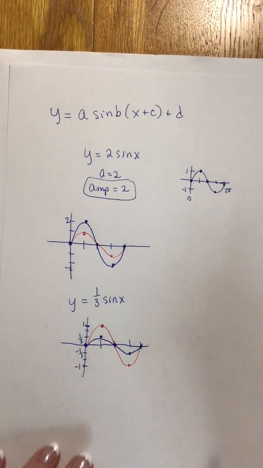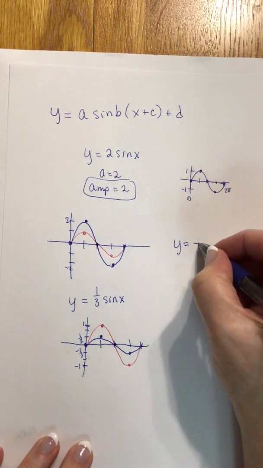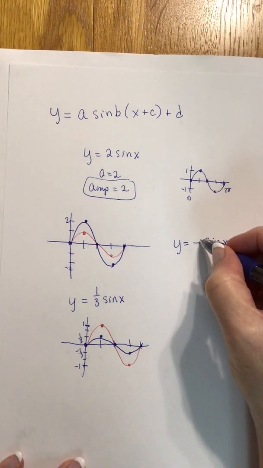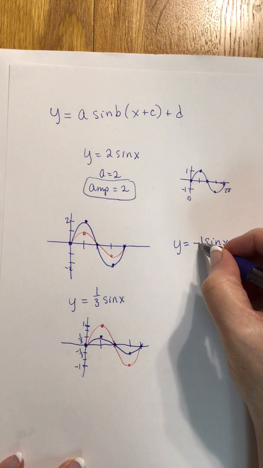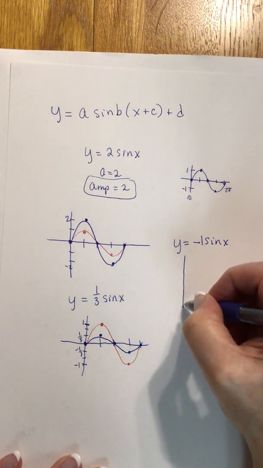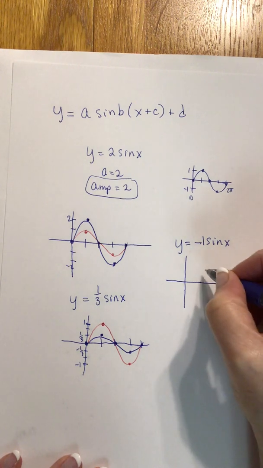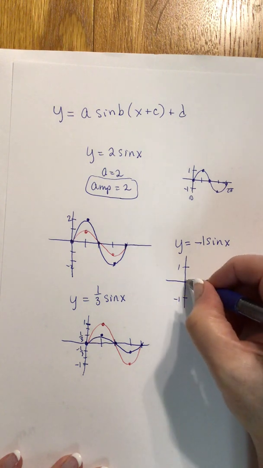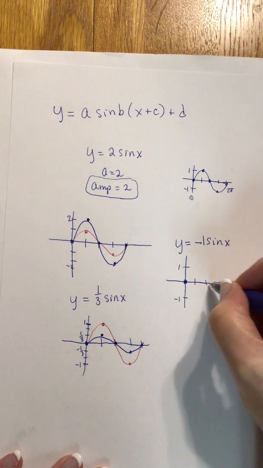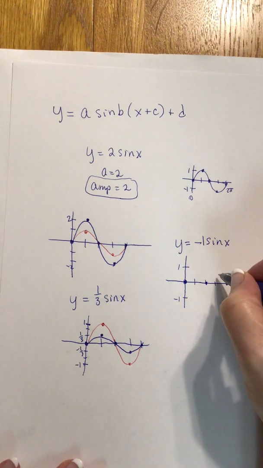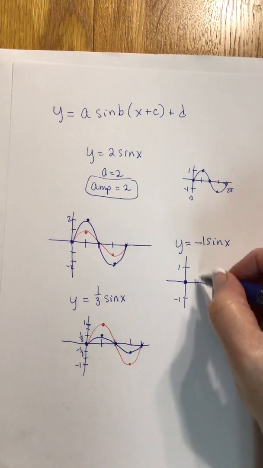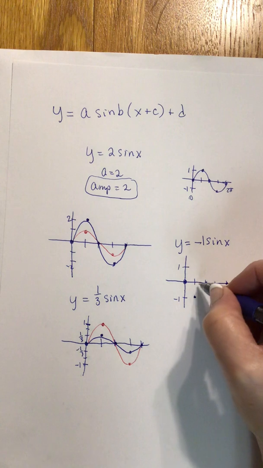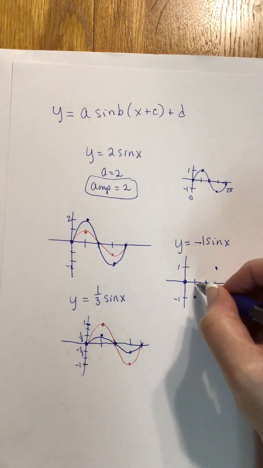Now, I told you before that we had an A flip. So consider what it's going to do if I have y equals negative sine x. Okay, so this is like saying negative A, so 1 would stay the same, but the negative is going to cause it to flip. So our new graph is going to look something like this. Up 1 and down 1, 0, 0, 0. The original one goes up, but this minus sign is going to cause it to come down. So it's going to go down like that, and then this one's going to flip on up like this. So you just flip